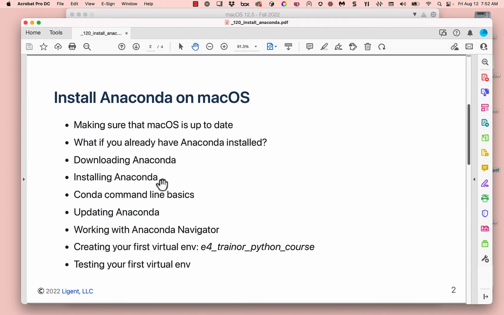If you don't have it already installed, you're going to download Anaconda and then you're going to do the install. Then we're going to just do some of the basics about how to work with Anaconda at the command line. We won't be really using Anaconda at the command line very much in my classes, but you can do a couple of interesting things, including updating Anaconda. So I want to make sure that